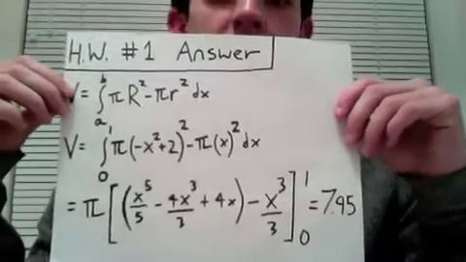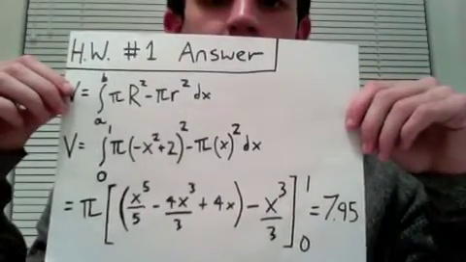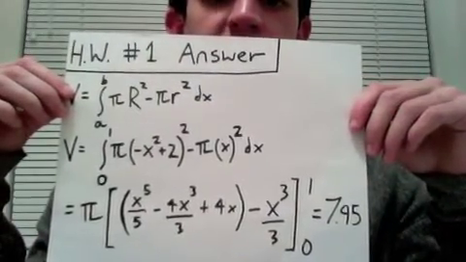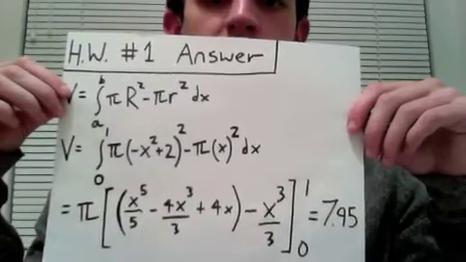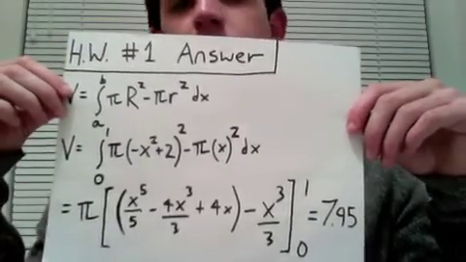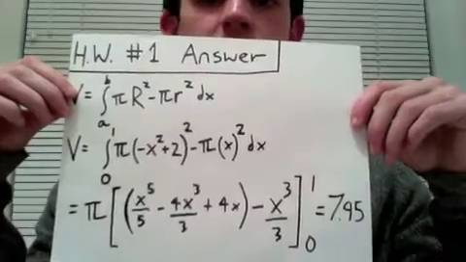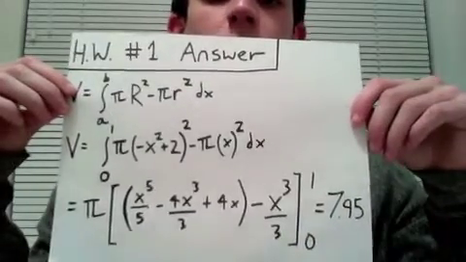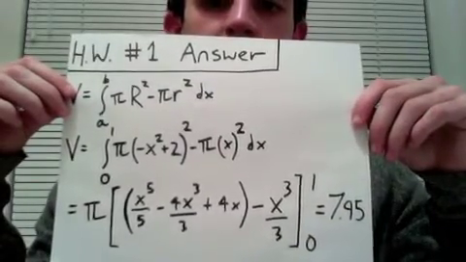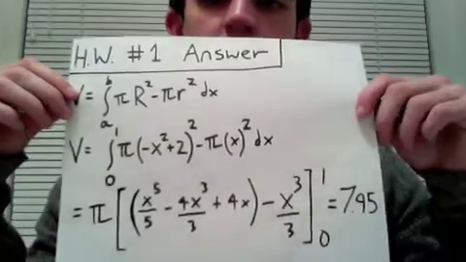so you can pull out the pi, and then you get the quantity x to the 5th over 5 minus 4x cubed over 3 plus 4x minus the quantity x cubed over 3, evaluated from 0 to 1, and the answer is going to end up being